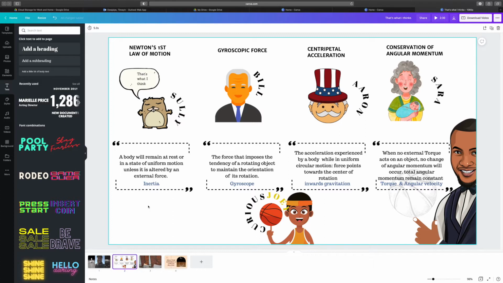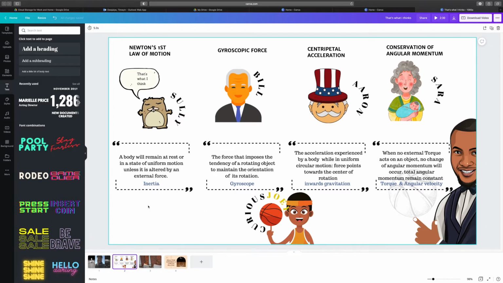Who can think of a way that gyroscopes are used? All right, Bill says that stabilizer bars in helicopters use the same principle. By having that tendency to rotate in the same plane of rotation, they're able to stabilize pilot cyclic input in helicopters, as well as when the helicopter tends to tilt.